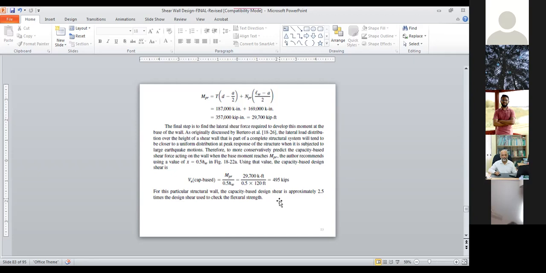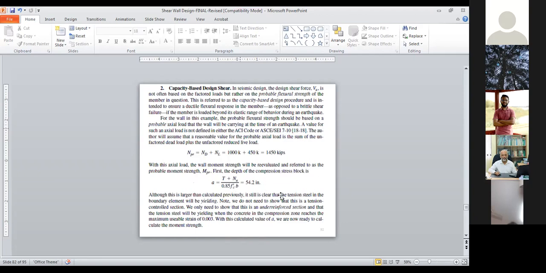That is, the structure will never fail due to the shear. First, they will fail due to the moment, because the moment will control first, and finally it goes to the shear. So this is one of the requirements, capacity based design shear. When you design a special moment resisting frame, if you can recall, we have to ensure that we never allow the failure due to the shear before the moment. So that's why we need to check